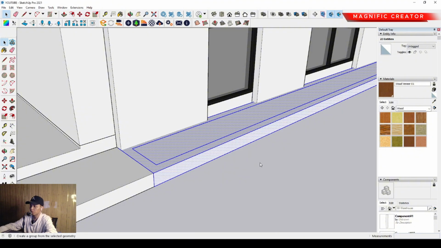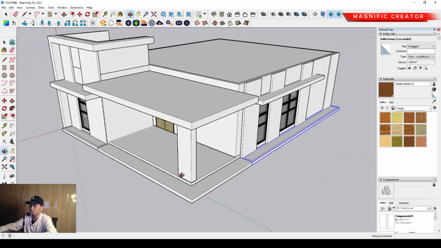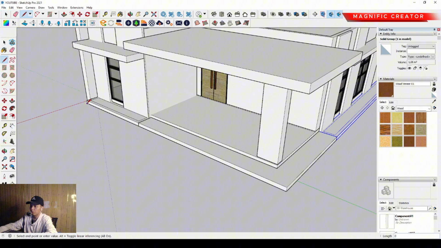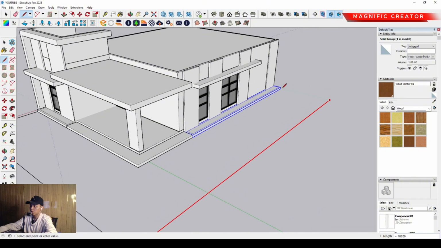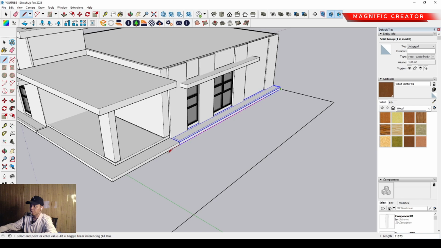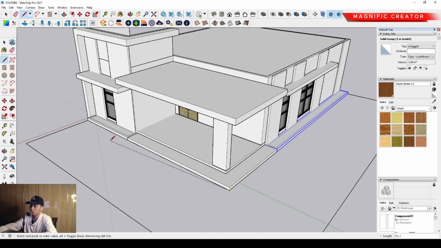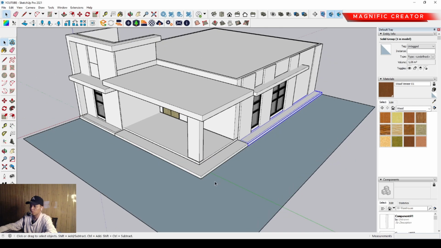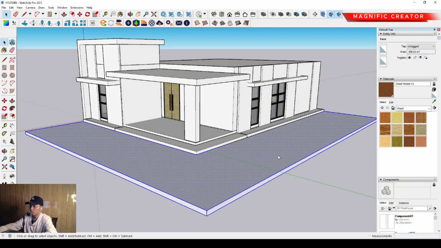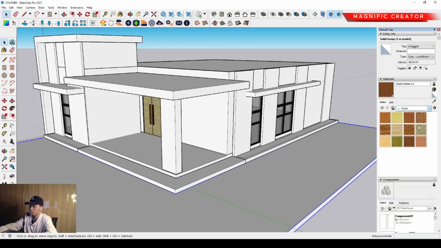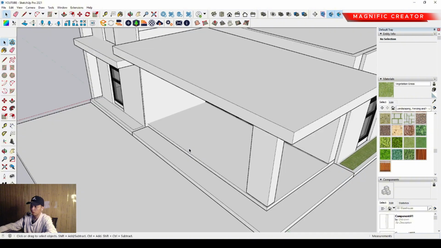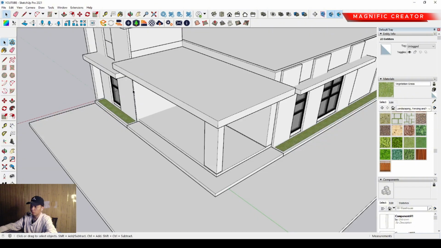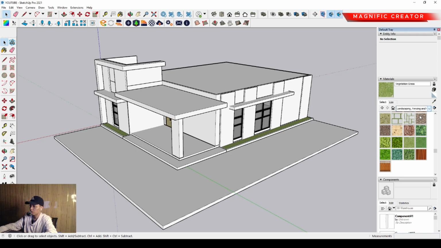So after we make it group, we can make another floor element, another landscape element over there. We can use only the line, and we can set the elbow shape over there. Then we can follow every single corner on the front of this house. Then we can make a group, and we can select landscaping material. We have to select vegetation grass on the appropriate position, and another position also we have to select it, and then we can make another